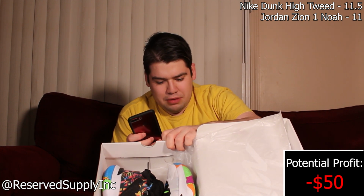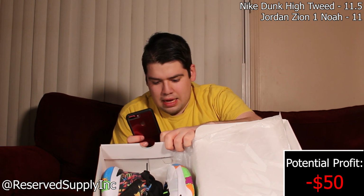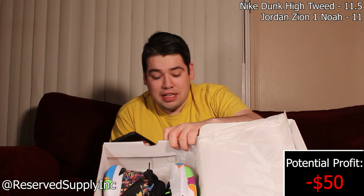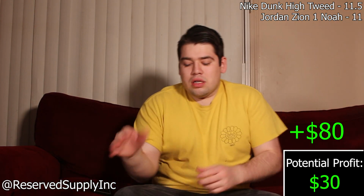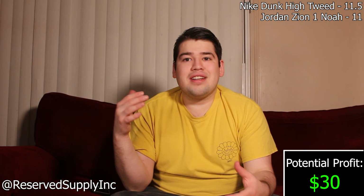Let's see here. So I'm looking on GOAT right now because these are worn, and I just want to show you guys kind of what I think these might be worth based off of a quick glance. So the lowest ask right now for a brand new pair is $150. I'd probably price these around $100 just because they are so clean. But who knows? Retail's $120, maybe even a little bit less depending on how long I hold them. But I'd most likely put them around that $100, $125 range,